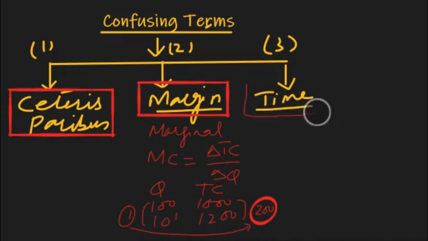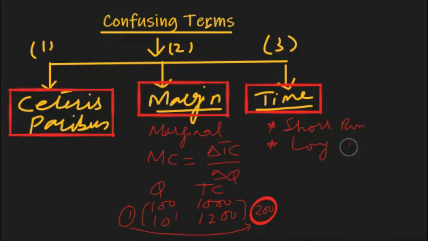The third concept is time dimension, and time is basically divided into three types. One is short run, the other one is long run, and the third time dimension is very long run. Short run is a period of time in which at least one of the factors of production is fixed, or at least one of the factors of production is variable. If we have factors of production, land, labor, and capital, and we can increase labor, we can increase, let's say, land, but we cannot purchase new machinery and capital, then it would be a short run period of time for us.